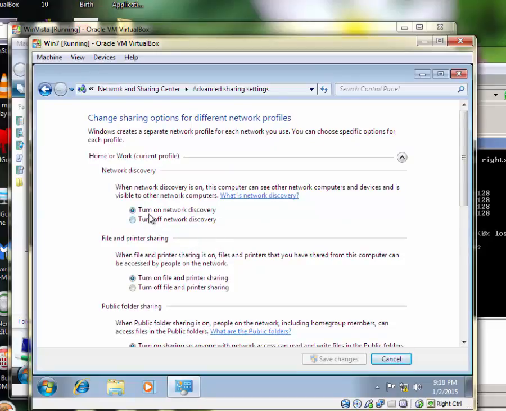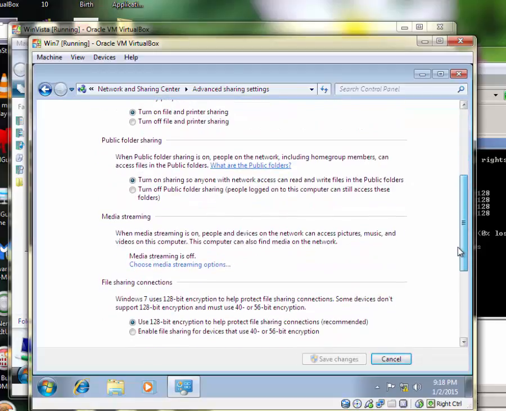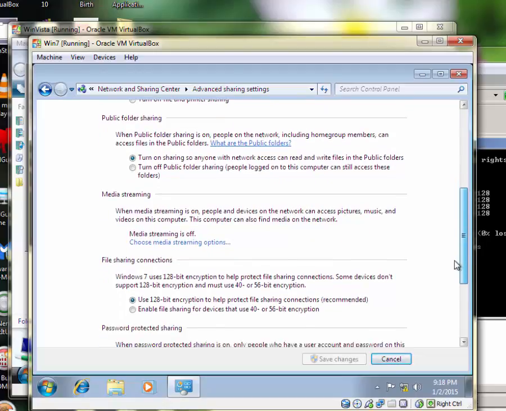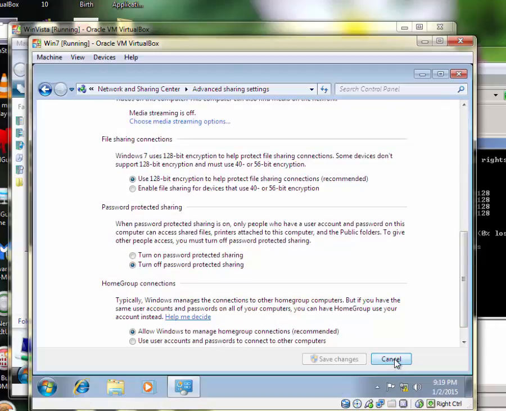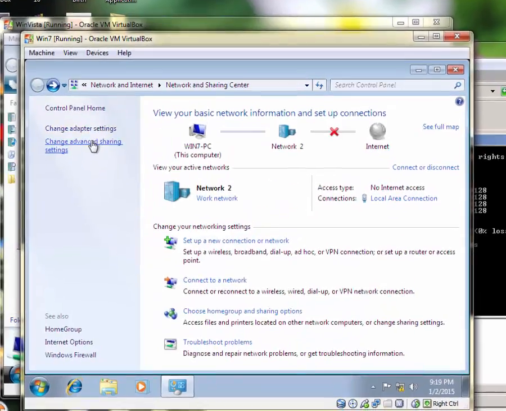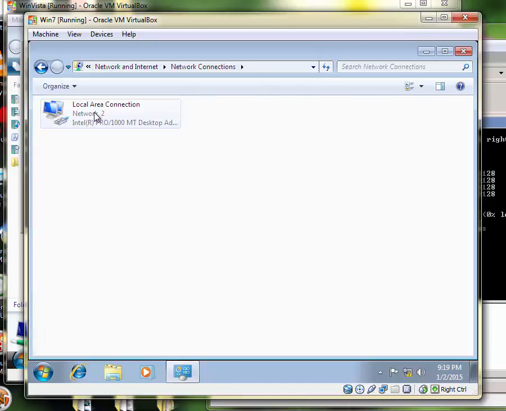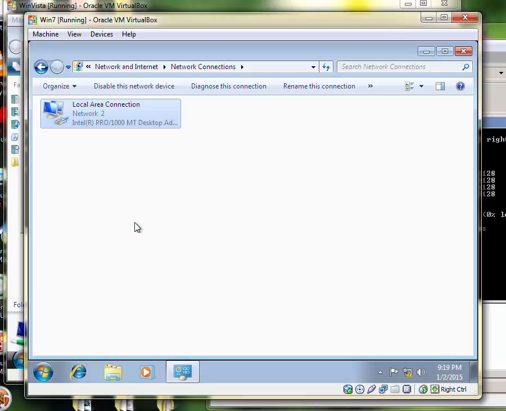So here we're gonna turn on our network discovery, turn on file sharing and printer sharing, as well as the public folder sharing. I'm gonna turn off the password protection sharing. So that is okay there. Then I'm gonna go to my local area connection, right click on properties,